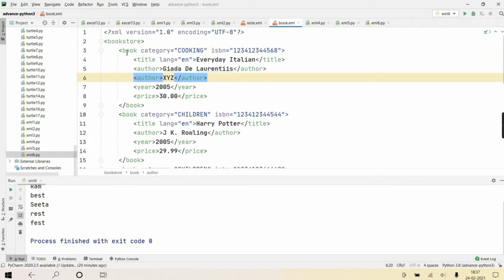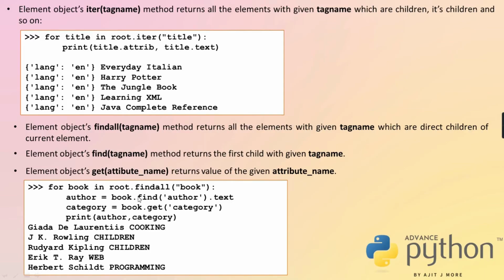Root child means book, book, book. So its attribute category and its value, both I am printing: the author and category. Got it? Any different possibilities you can try. In the demonstration I have given other possibilities also.